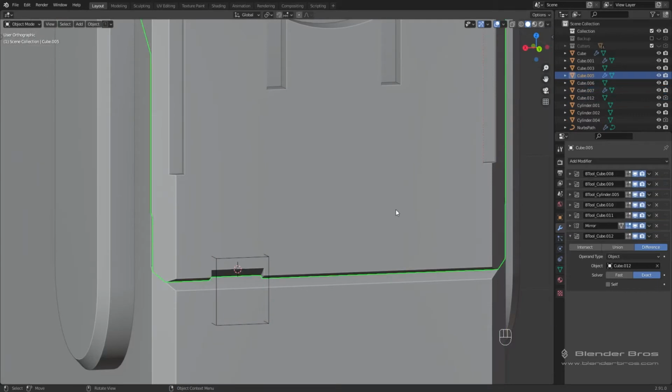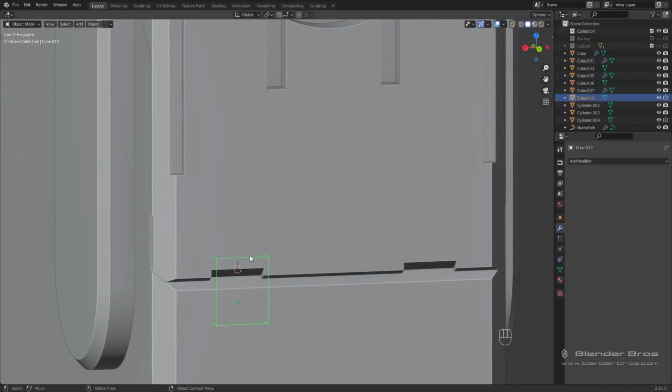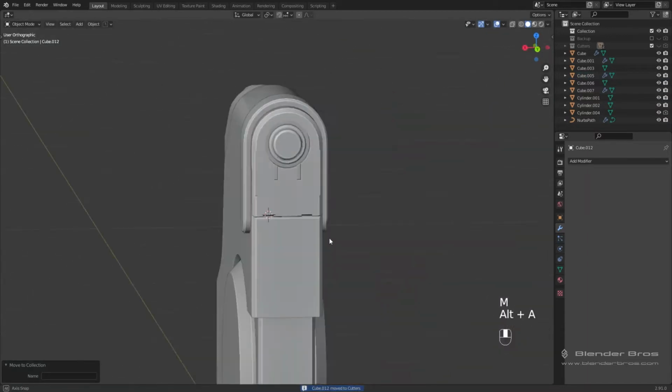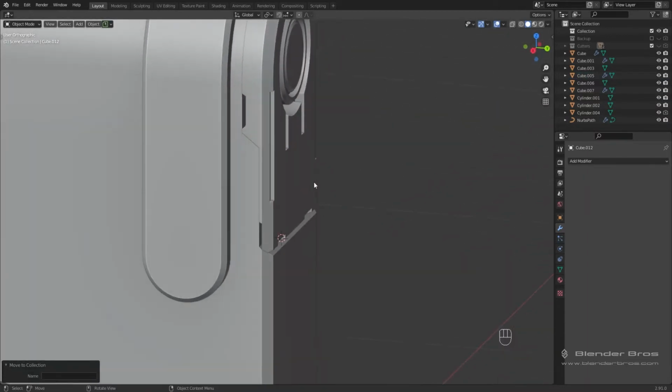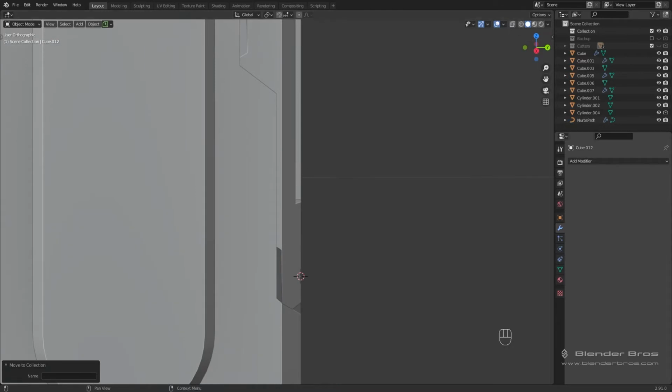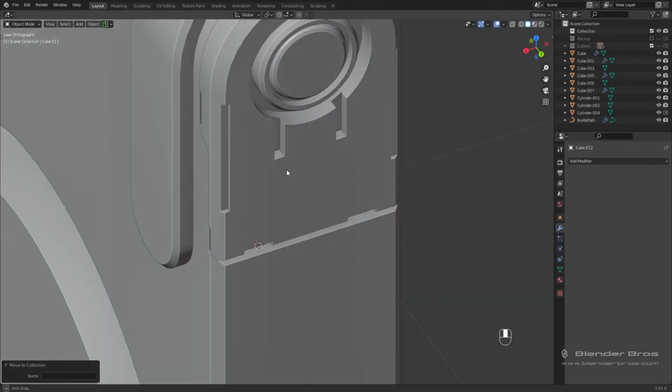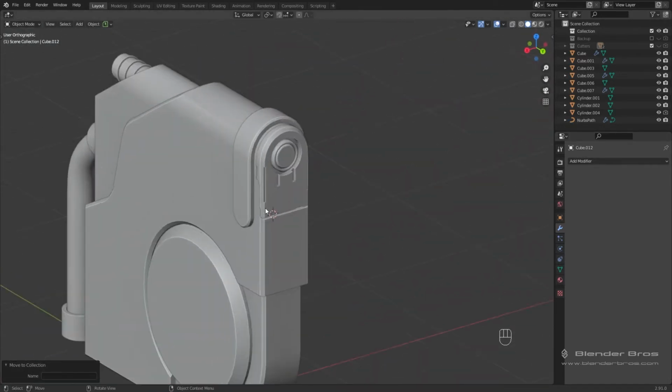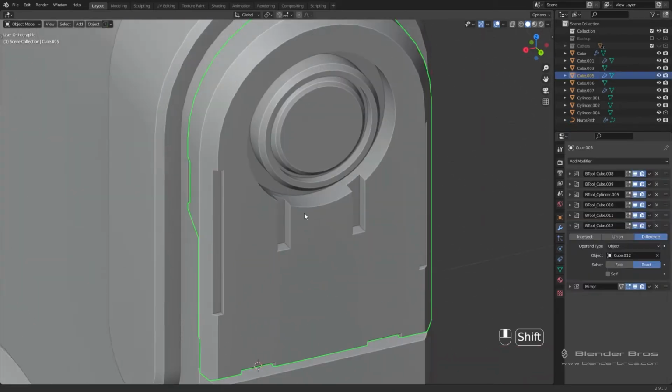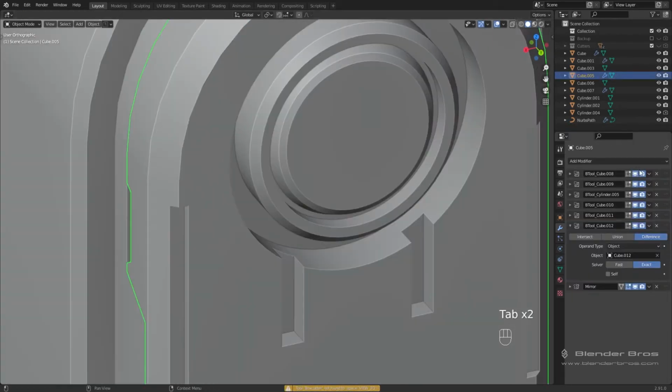And you already know the drill. Make sure your booleans are above the mirrors like that. And then we simply move this to the cutters collection and we're good to go. So that piece up there is finished. We kind of hopped into the more intricate details, but I mean, who cares? It looks good. Alright, so next thing I think I'll do, you know what, let's apply